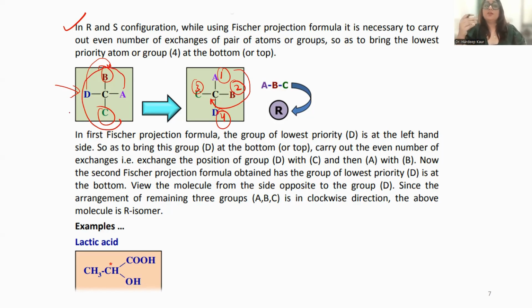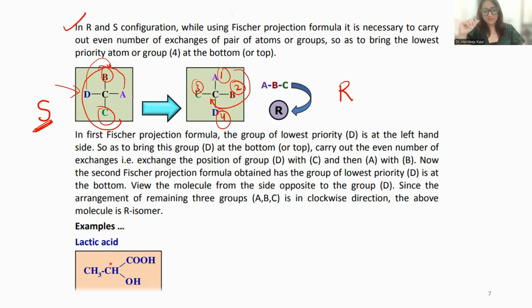Why are we not taking R configuration? It is S configuration. So S should be there for this compound. But why is it not? Because if the lower priority group is not at the top or bottom, then you have to rotate it,